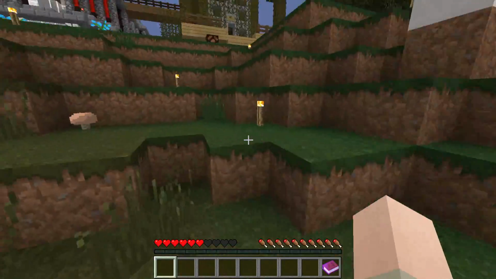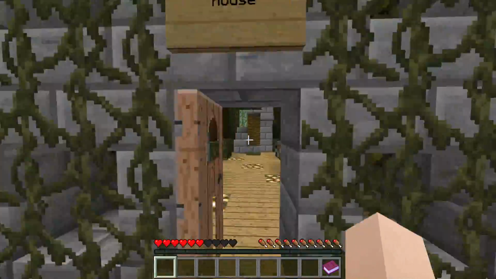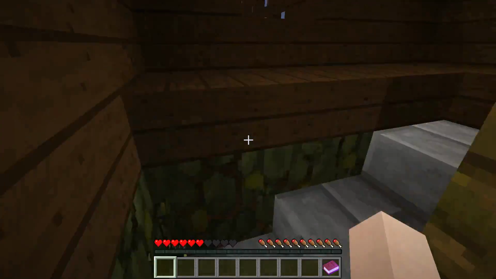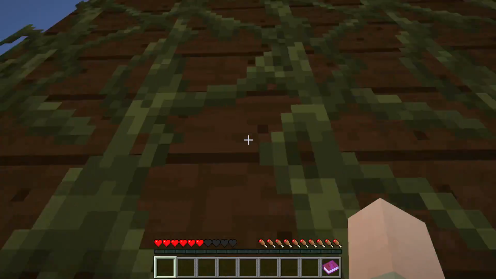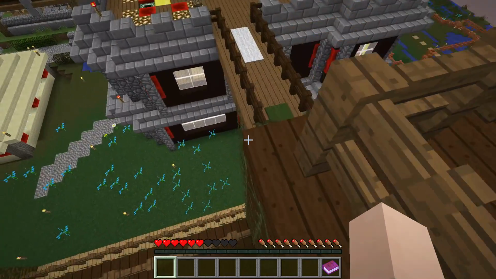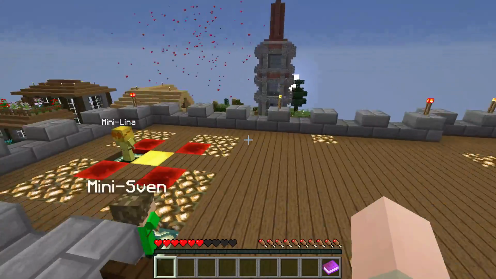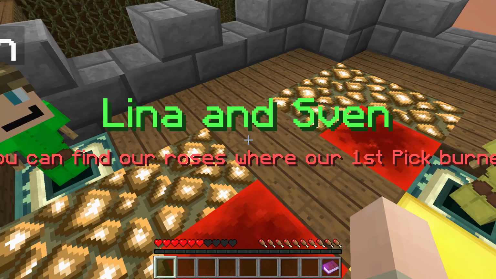And yeah, for them I had a quest already in mind. And then they asked me to do something else, so I changed my plans with the quest and made something different that they thought might be cool. And I think that's quite a good idea actually. I guess I did not go the right way here. So here are Mini Lena and Mini Sven, and they will ask us to go to the place where their